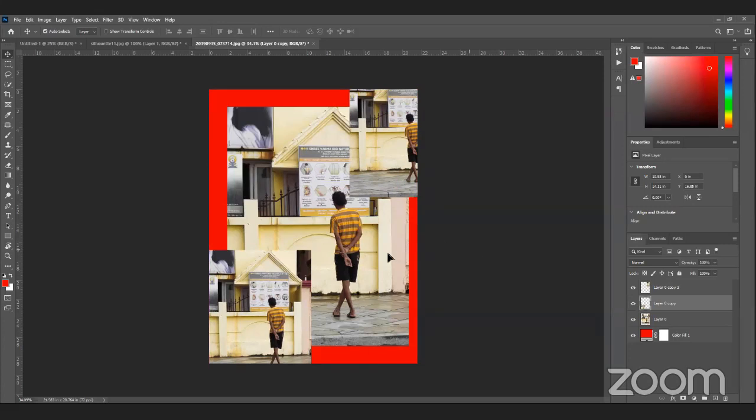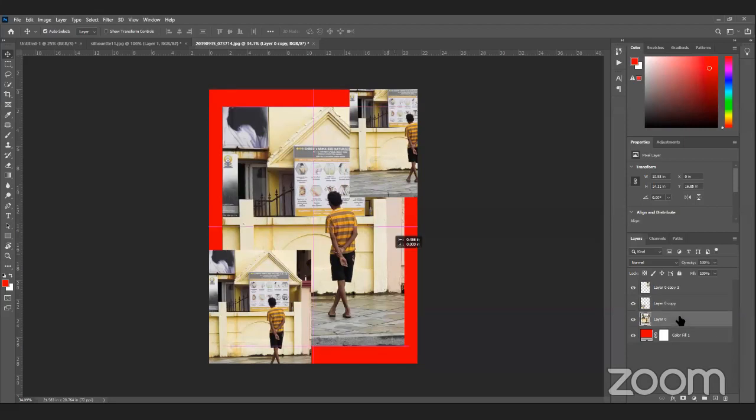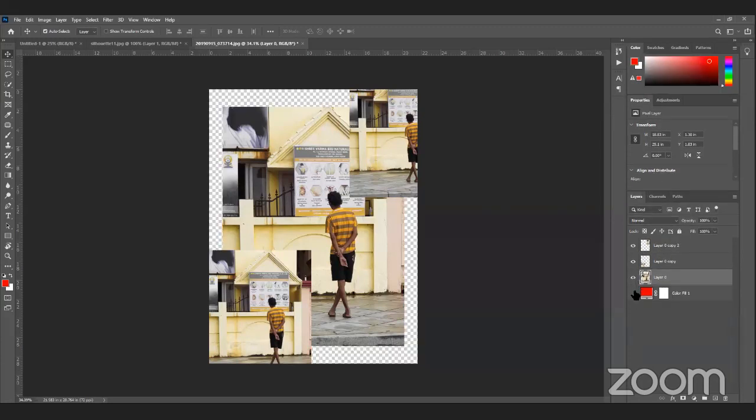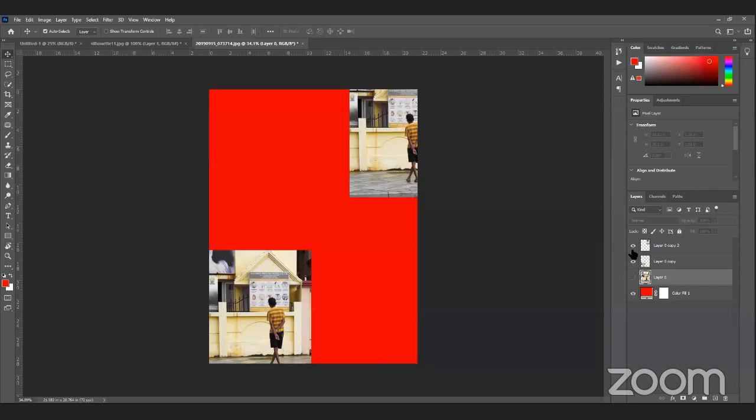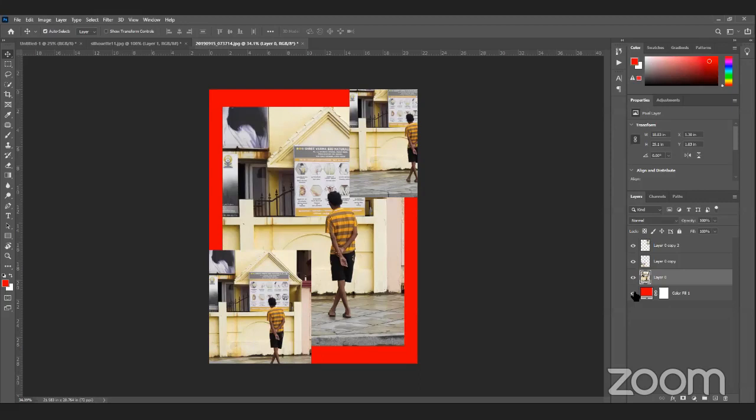Sometimes we lose layers because some layers are behind one particular layer. For that, if you want to check which layer is where, you can go to the layer panel and increase its size. Then you can hide layers by clicking on the eye icon, and then you can hide or reveal the layer. So this is how you can work on it.